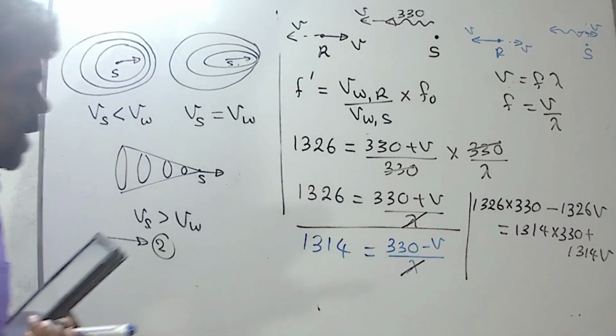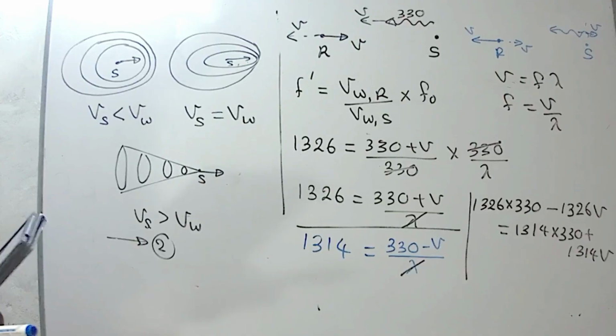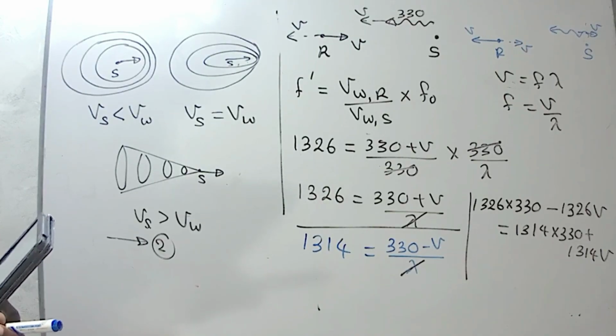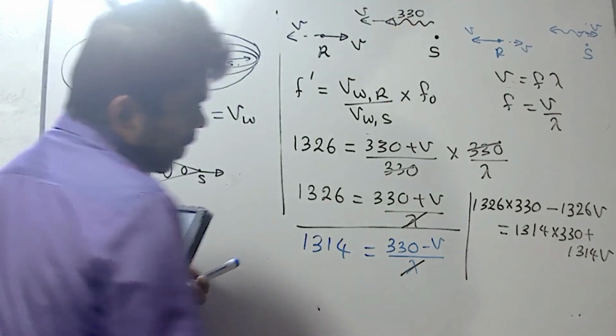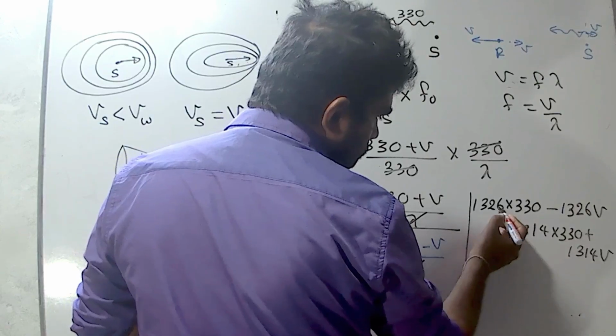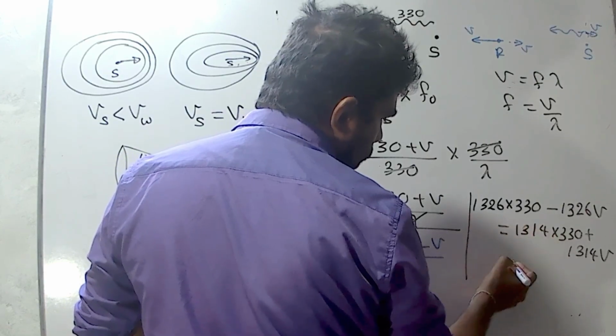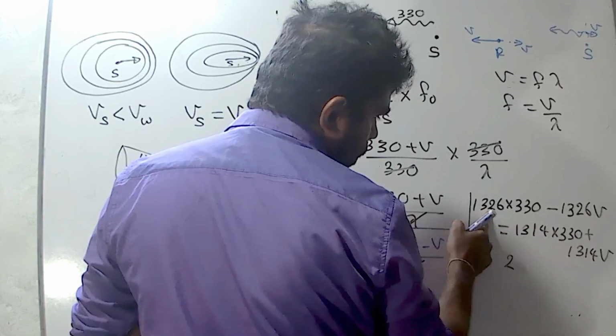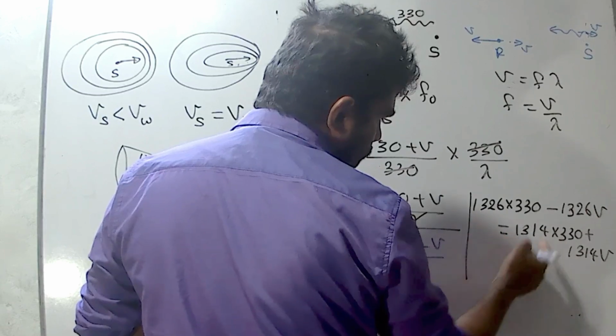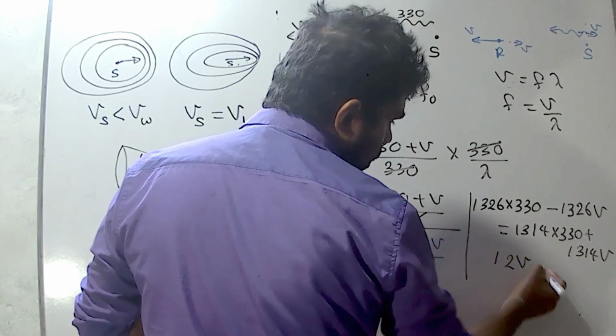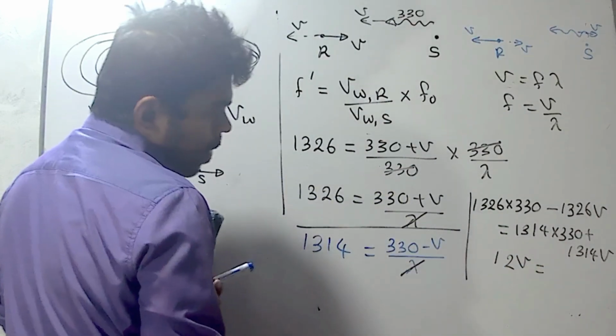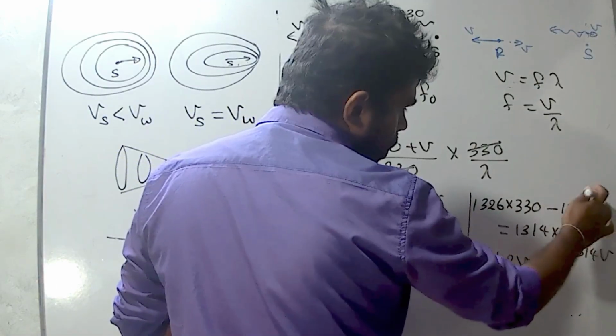Then I will get all v terms to one side. Subtracting, 6 minus 4 is 2, 2 minus 1 is 1, so 12v equals, adding the v values, 6 plus 4,